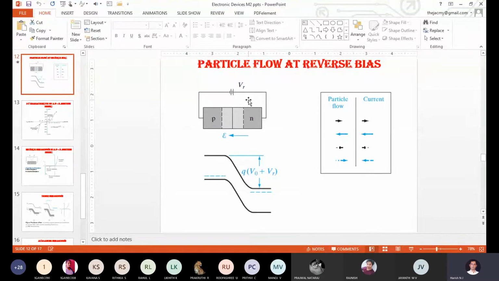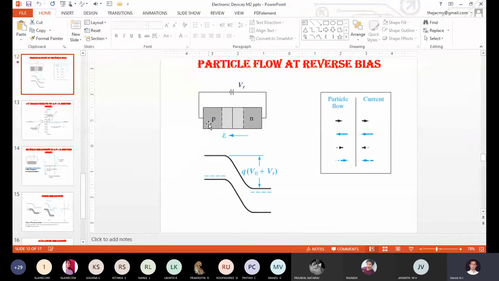Now we are coming to how the reverse current is constituted in the PN junction diode. Correct. So what minority charge carriers are there in the P type, and which type of minority charge carriers are present in the N type? Anyone? Minority charge carrier present in P type? Electrons. And the minority charge carrier present in the N type is holes. Correct. So now just check it out with respect to biasing.